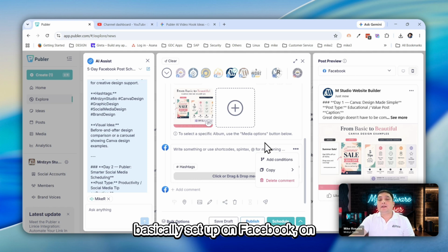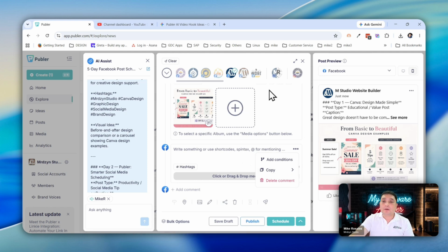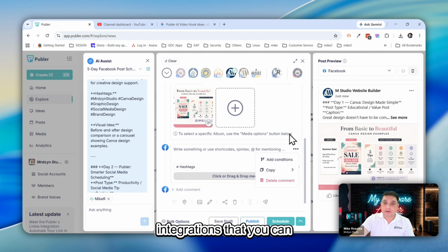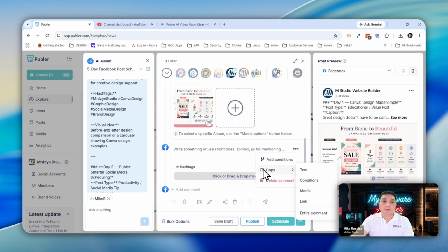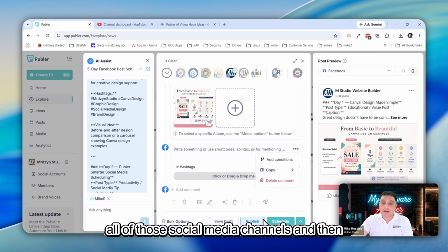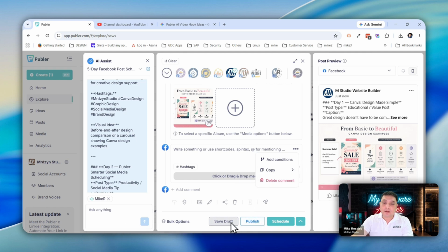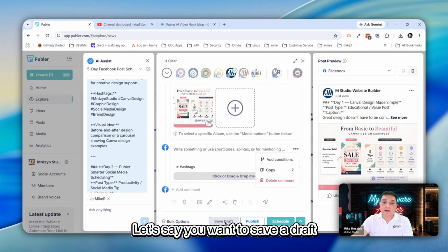So basically, you set up on Facebook, on X, on... I'll show you later the integrations that you can integrate Publer with. So it's almost all of those social media channels, and then you can actually publish it right now. Let's say you want to save a draft,